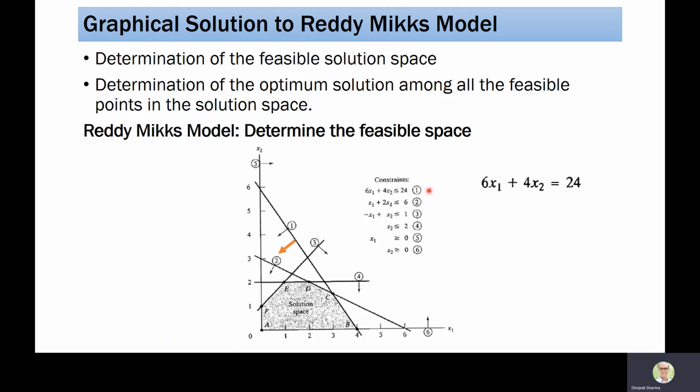Now let us repeat this process because we have 6 equations. The second equation is x1 plus 2x2 is smaller than or equal to 6. We are going to write this equation as x1 plus 2x2 equals 6. We can draw this particular line in the x1 and x2 plane, and this is the line we get. Again, let us look at the origin. 0, 0. If I put it in equation number 2, 0 plus 0, which is 0, is smaller than 6. Yes. So this means that from this particular line, I should look toward the origin.